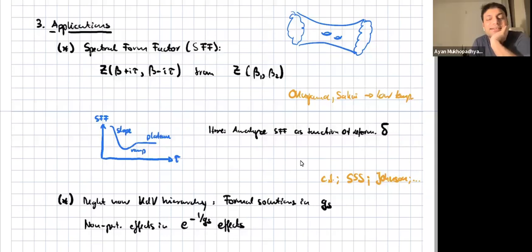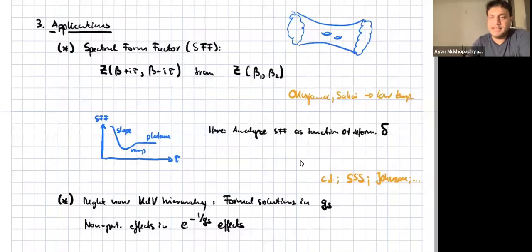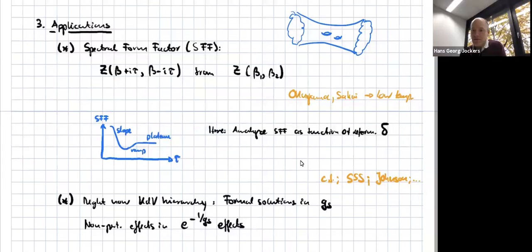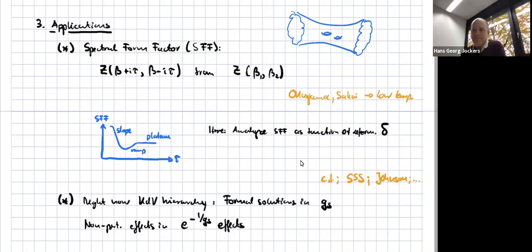Okay, thanks. Sorry, I'm not aware of the setup you're describing, so I can't give a more specific answer. Basically, they introduce states on this end of the world brane. They have an in state and an out state, and then they trace over that, and you can have several copies. I see. These states sound like boundary states in conformal field theory language. Exactly. You're tracing over boundary degrees of freedom. Okay, interesting.